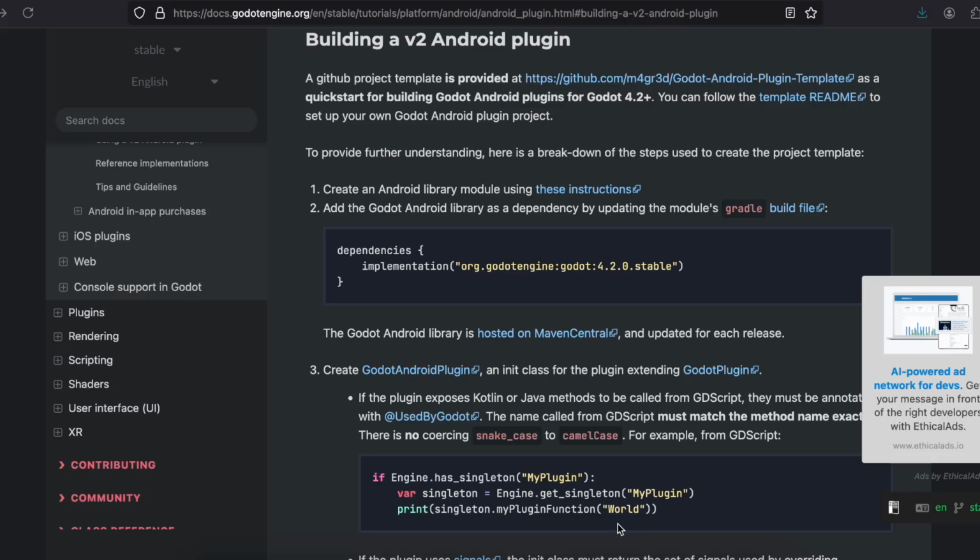In this video I will show you how to create an Android plugin to integrate a login for Google Play game services in Godot game engine. So let's get started. Okay, so the first thing is, I will be using this documentation, and